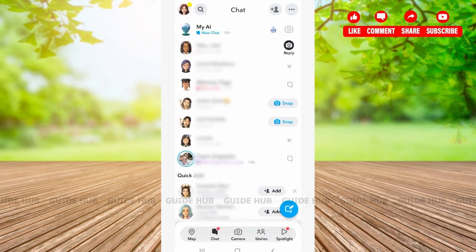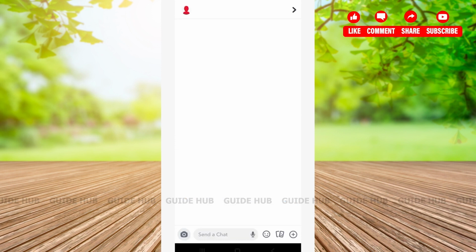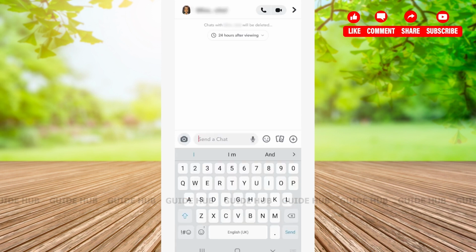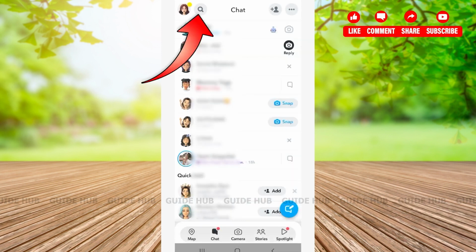If we are to talk about games on Snapchat, then previously we could easily access our games on our chats. Well, if we see it right now, then you cannot see any option such as games on your Snapchat. Here is no airplane icon. So in order to access your game, you'll have to go back and tap on the search bar that